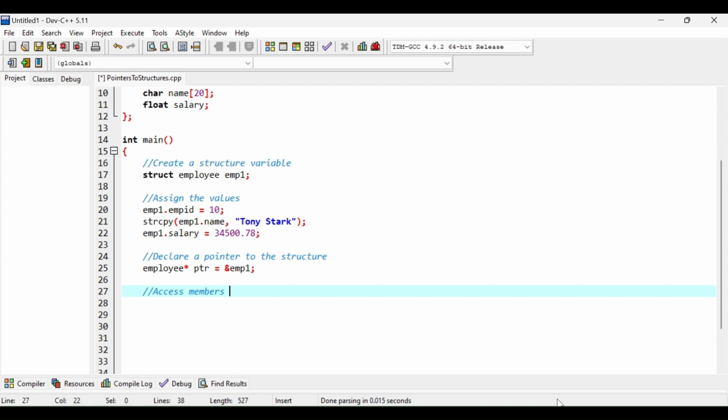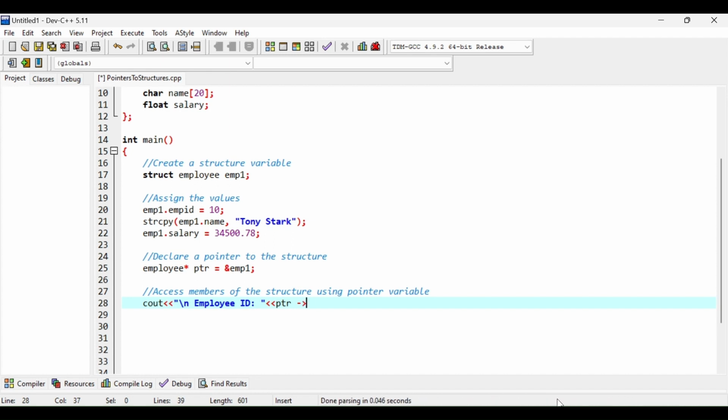Then in the next step I am going to access members of the structure using pointer variable. So here I want to print \n employee ID as ptr followed by arrow operator, and then we will mention emp_id.